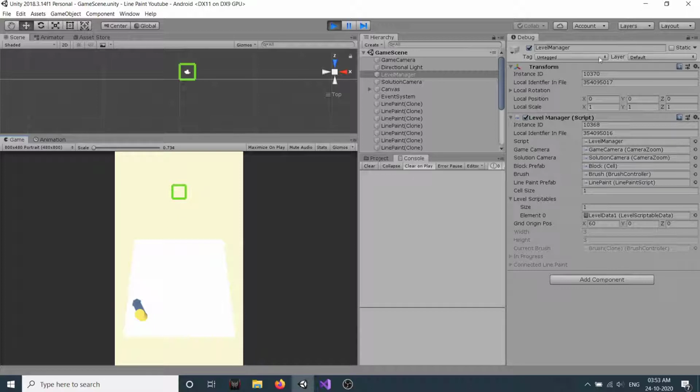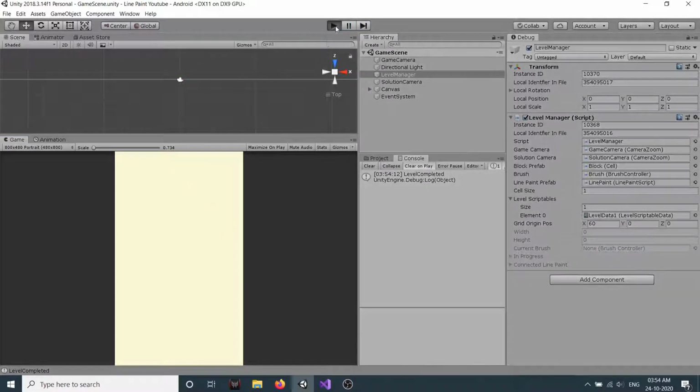So right now we are in debug mode. Here you can see debug. Width and height is 3, which is correct. If I move up and up, now if I do the connection, it should show that the level is complete. So if I do the connection, you see we get level completed debug, and now we cannot move our brush.